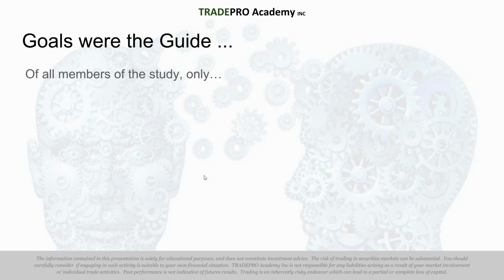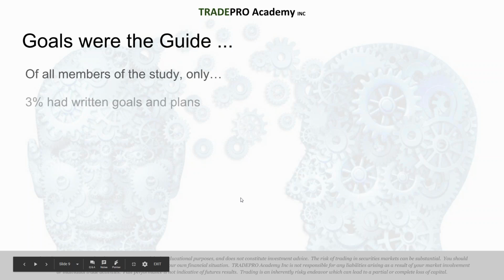Scott, you're disqualified, by the way. Just throw a number in there. What percentage of all the people in the study do you think had written goals? 10%, 35%, 50%, 30, 25%. All right. 2% said one person.